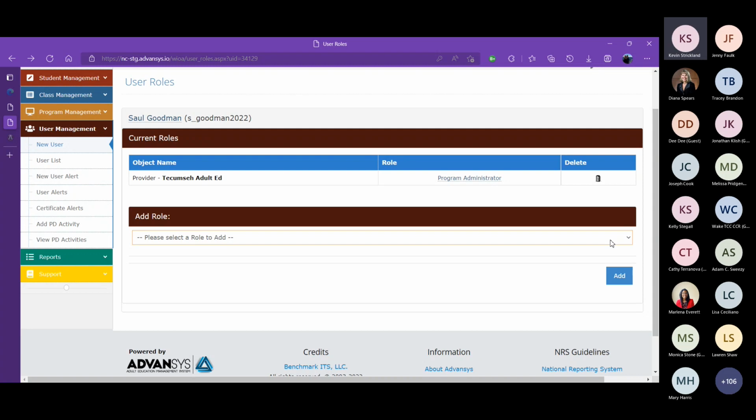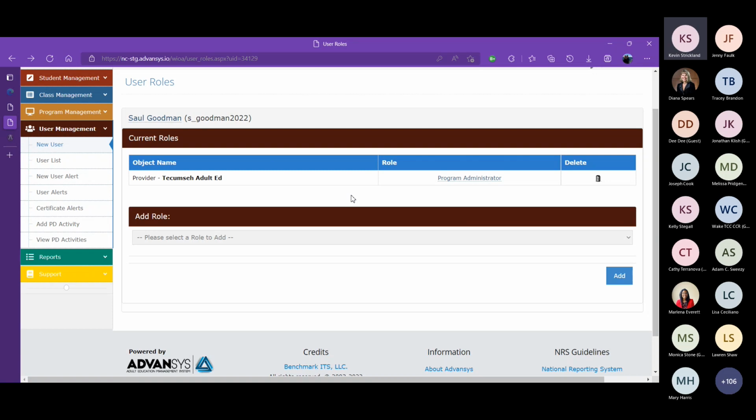So when you're a program administrator, you'll have to make a decision based on how that role functions in terms of which of those roles you'll assign to your users. That's the basic concept behind roles. I know that's a very brief explanation, but I did want to make sure that we covered the roles in this session because